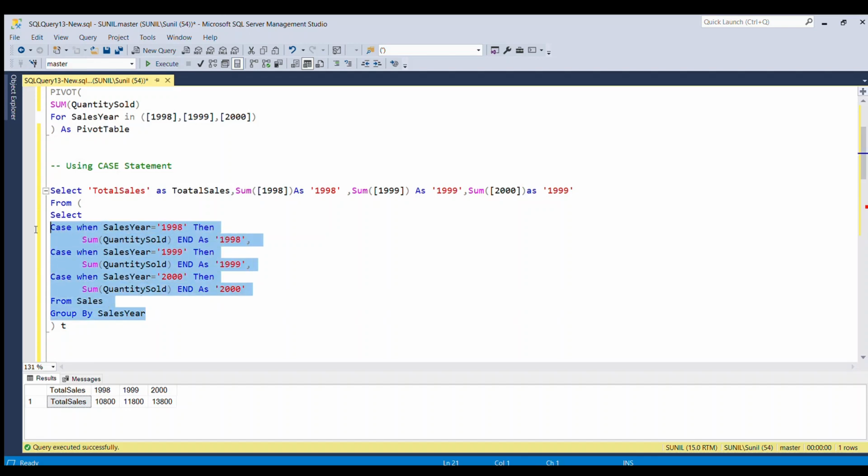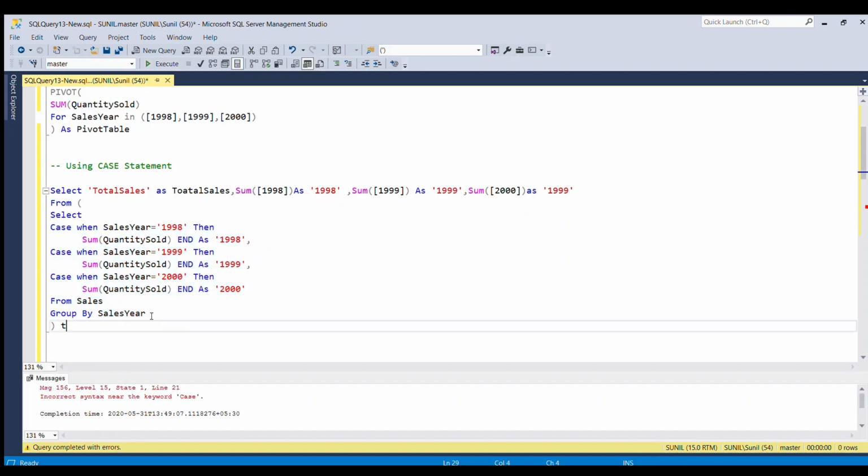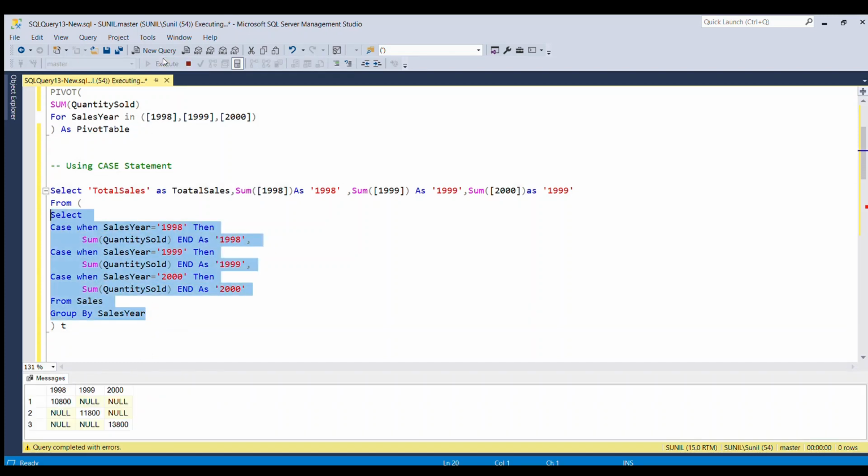If I run this full piece of code, we got the total sum for 1998, 1999 and 2000, but all these are coming in three different rows.